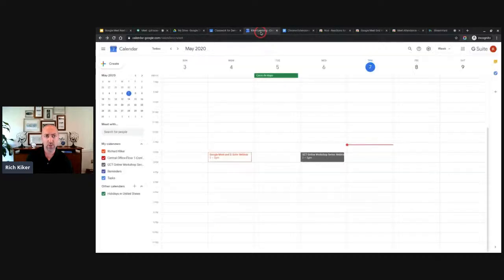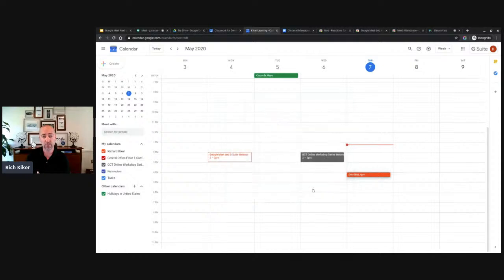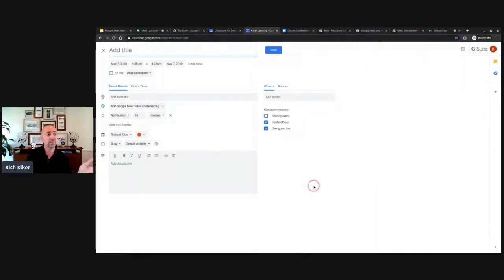Another option for joining is in Google Calendar. I like using Google Calendar a lot for Meets personally. It's probably my go-to. When I come into Google Calendar and I create an event, let's say here today at 4 p.m., okay? This is my quick add window. This is great, but there are some features that I want to call out on the full events page. So if I click more options and I open up this full events page, maybe I title this School Kids